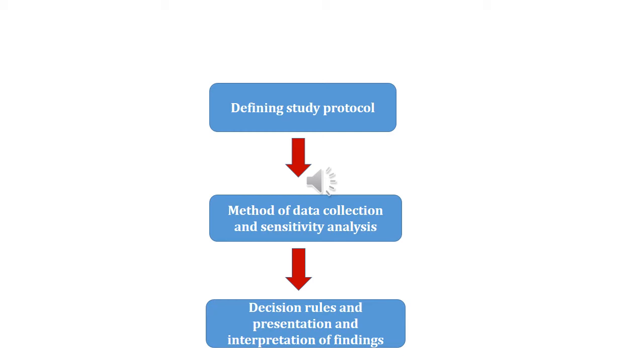So you're going to assess the influence of these variables on your outcome. That type of analysis is what you call sensitivity analysis. This is what you are going to do in the next step after data collection. And finally, based on the analysis, you are going to arrive at a decision. Now this is done using a decision tree. What exactly a decision tree is, we are going to understand in the next slide.